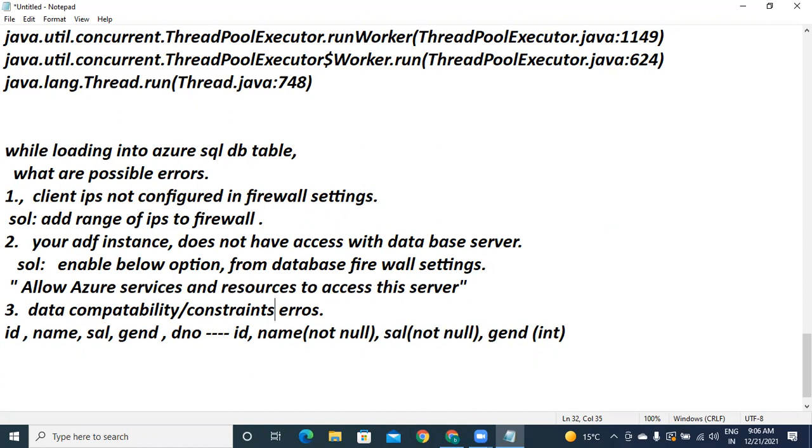Understand? Because of different departments' involvement, if there is no proper coordination between the departments, the process may be delayed. If everything is okay and whatever constraints are required are arranged, you can load it immediately and solve this problem immediately. Understand this? So in this way, there are many possible errors. Once one error comes, step by step, you need to think about that error while loading.